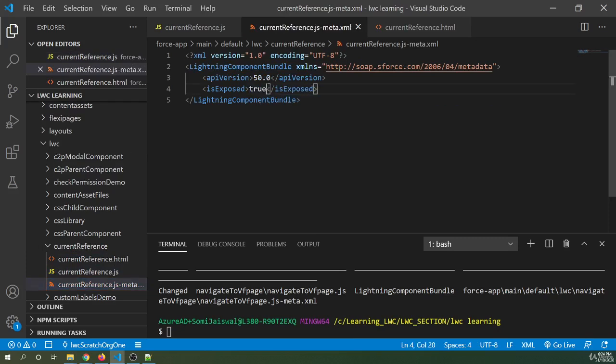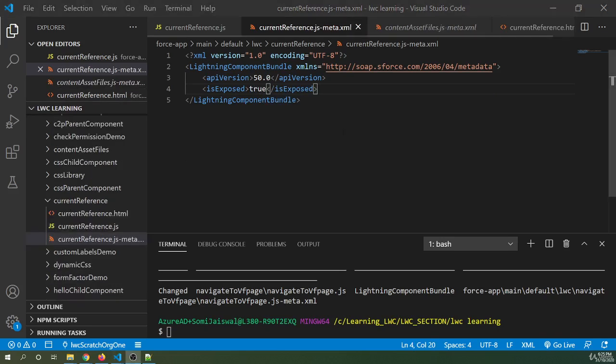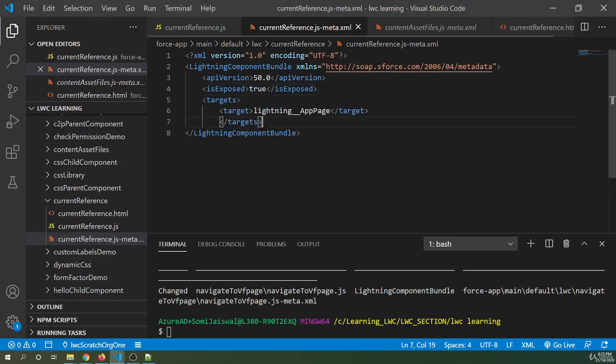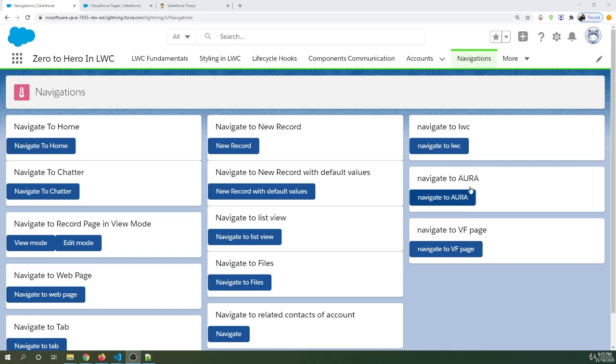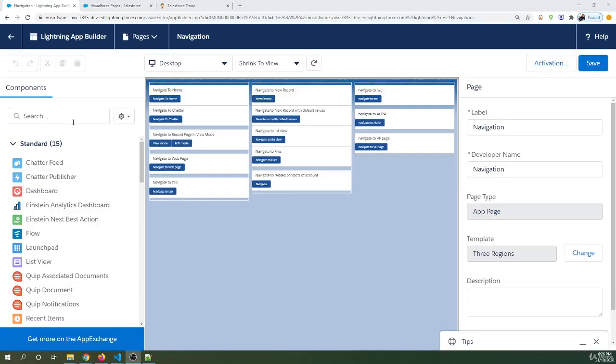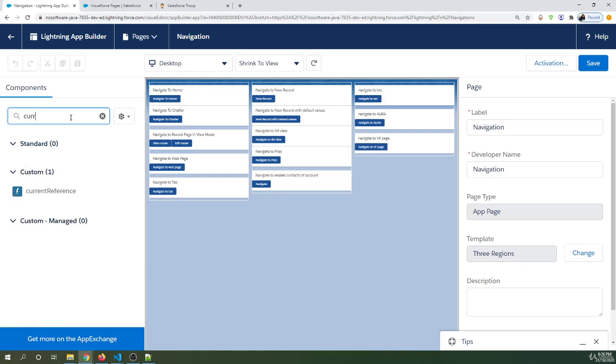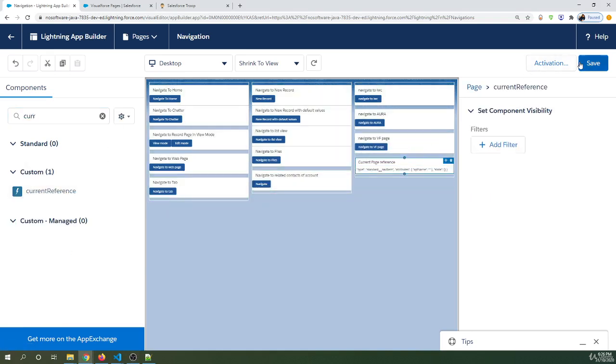I'll change it to true, and let's add the targets as well. The target is app page. Let's deploy this. So now it's deployed. Let's come back to our navigations page. Let's edit the page and place our component on the screen. Search for current reference, drag it on the right-hand side, save, come back,